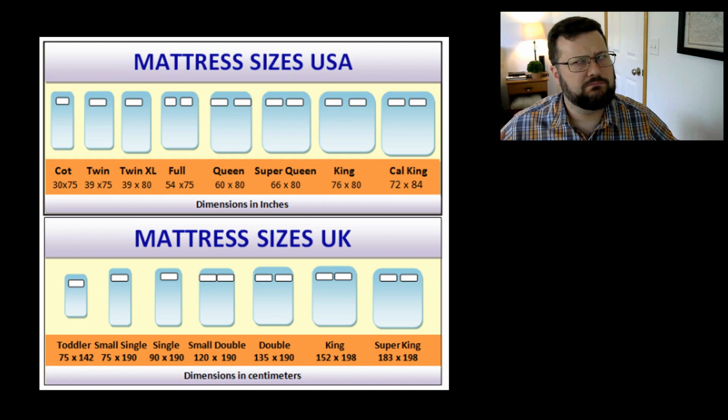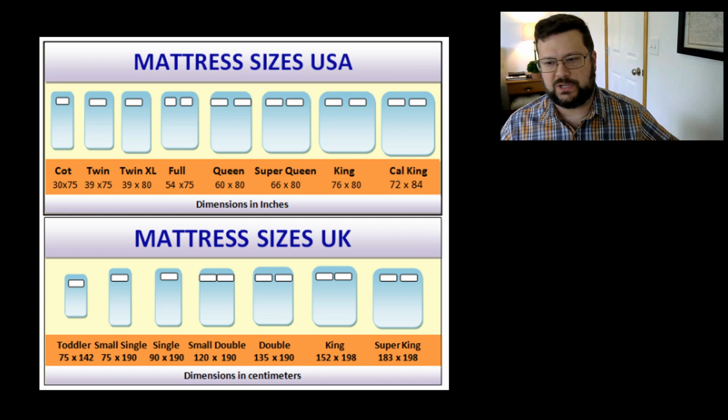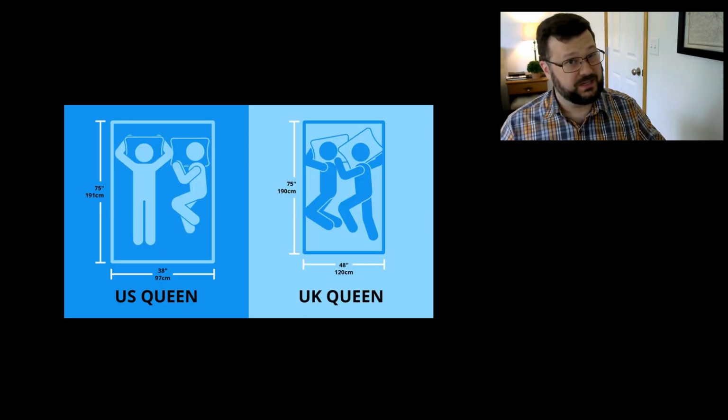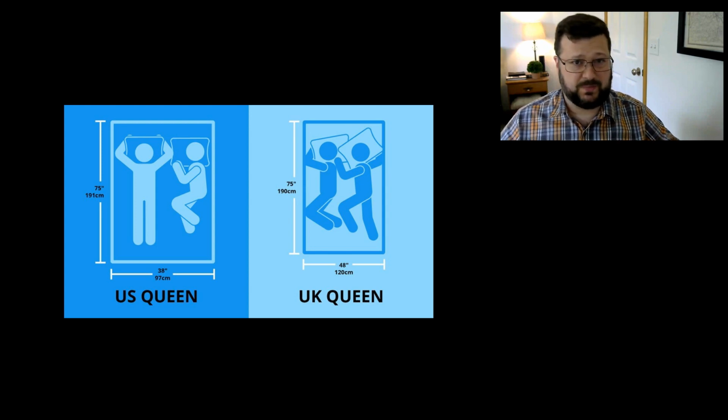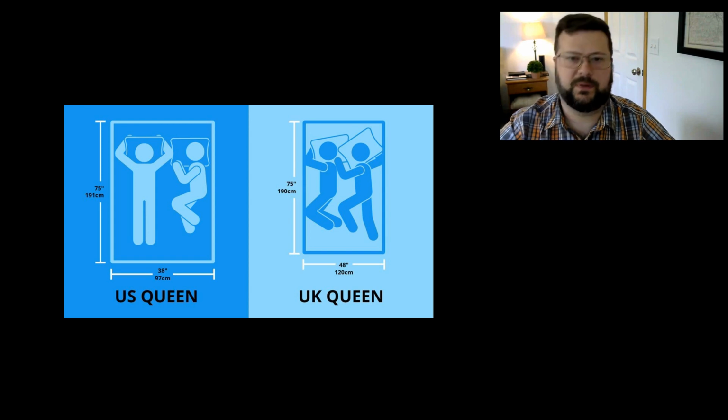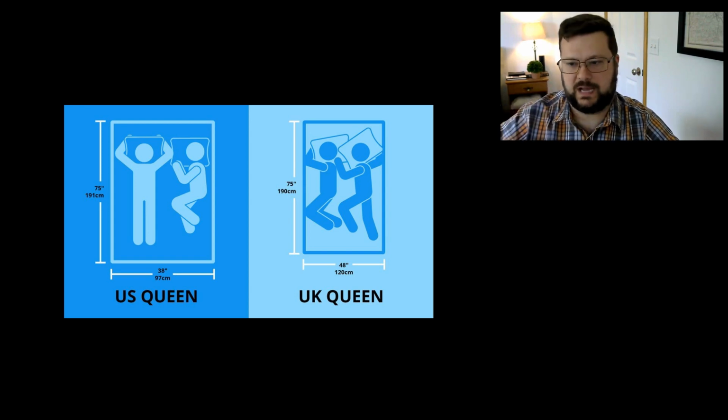Super King maybe is almost the size of our king, but if you just get a queen mattress in the United Kingdom, that's really kind of like a full-size bed, the smallest bed for two people, which to me is really cramped. So I made sure that my wife and I would be able to sleep on at least what we would think of as an American size